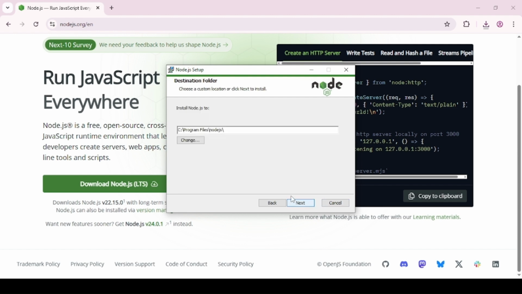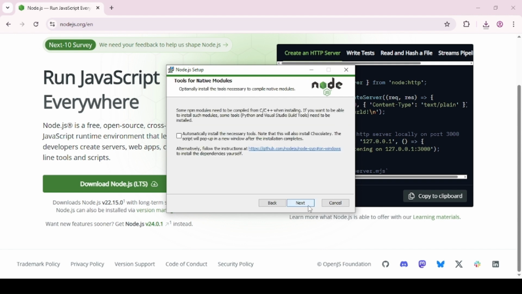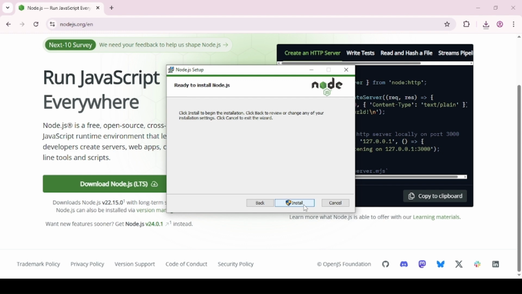Click on next, and by default it will be stored inside the Program Files of your C drive. If you want to change it, you can, but this one is recommended. Then you click on next and next and just next. Now you're ready to install. It will take some time to install this environment.